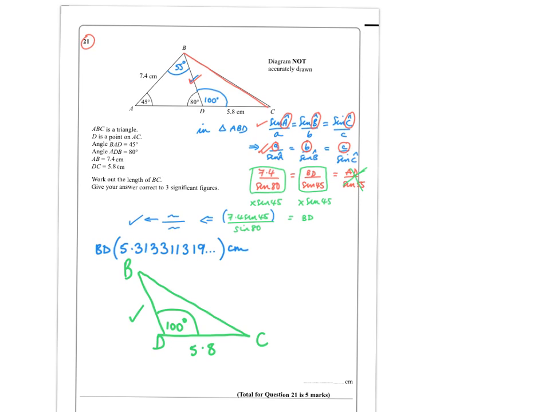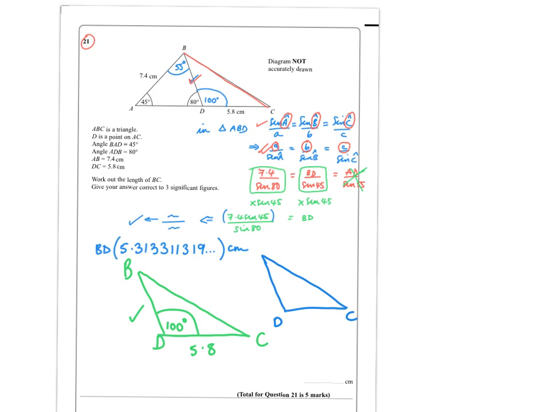I know this is 100 here, and I know this is 5.8, and now I know this as well. So you really can't use the sine rule again because you've not got enough information. So it's going to be the cosine rule. That's what we're going to be looking at now. And I've done a video on the cosine rule and how to remember it. I'll quickly go over, in this case, how I teach my classes how to remember it anyway after being proven it. And that is, if you imagined we had triangle BDC,